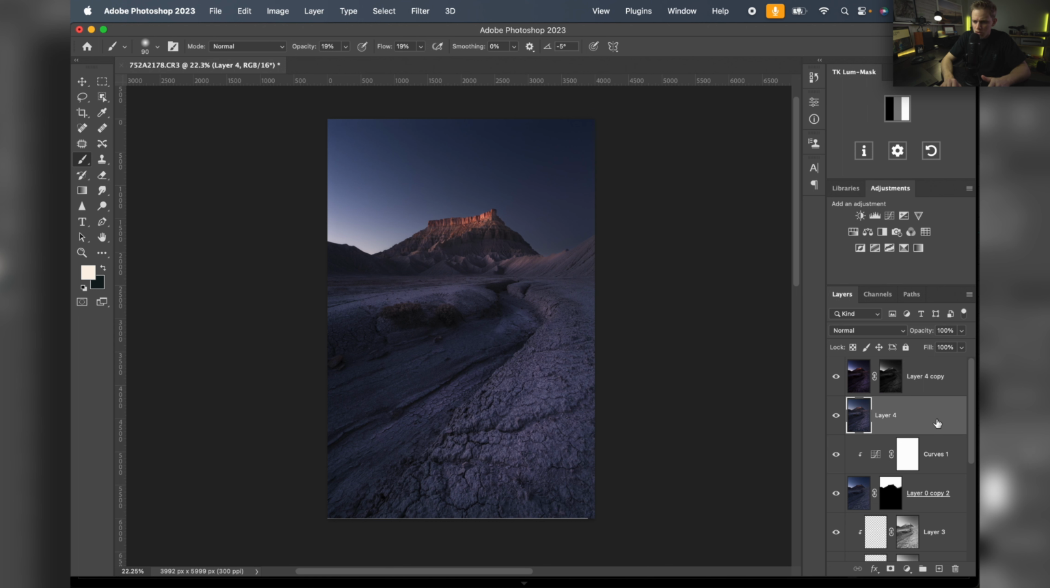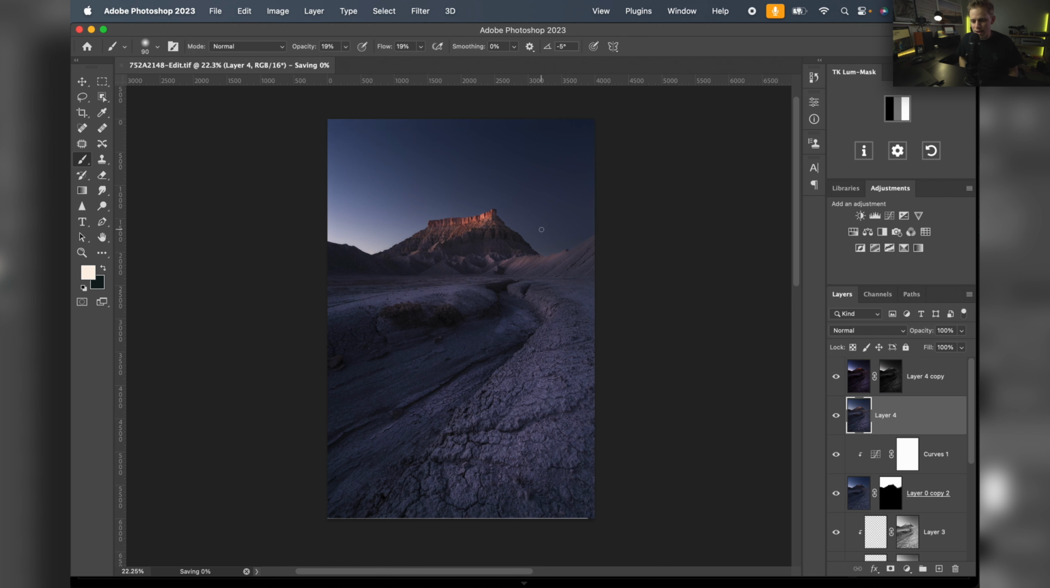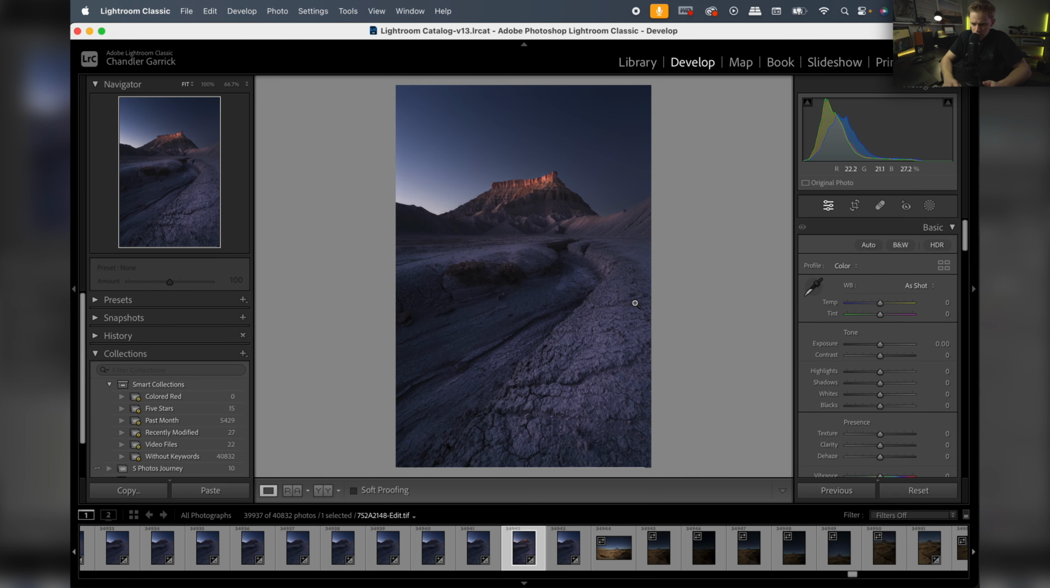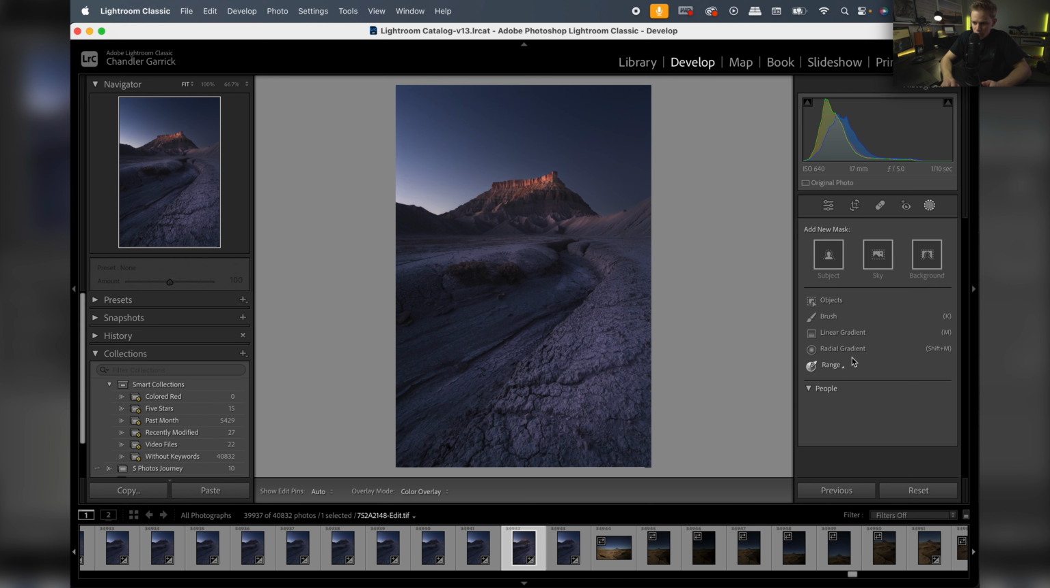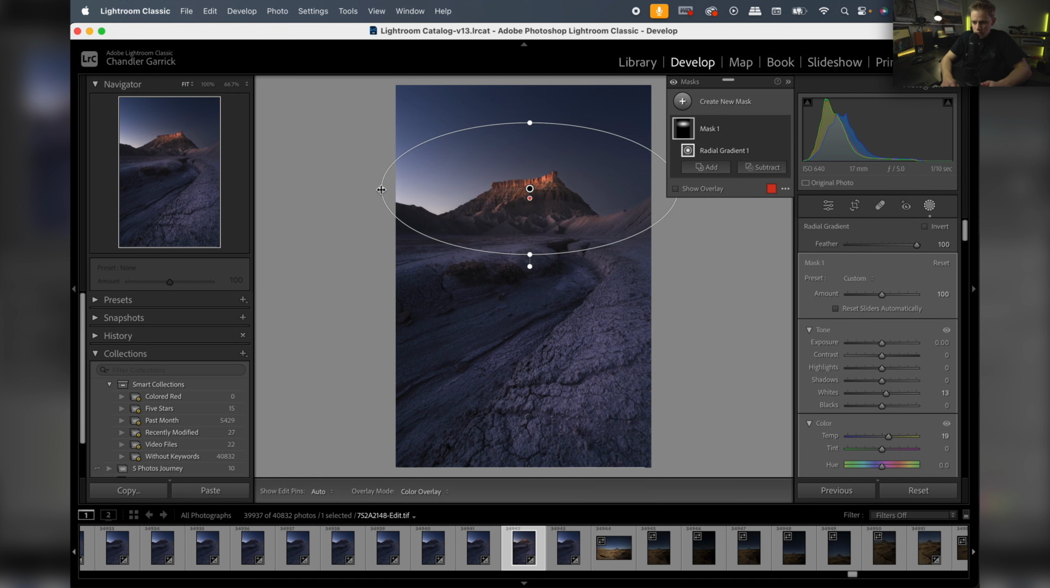Something feels a little off about it, so we're going to bring it back into Lightroom. I'm going to hit Command W, and we're going to hit Save. And this is just going to pop it right back into Lightroom. Okay, so there we have our image there. I am going to do another radial gradient, and I'm going to bring it up here to this butte. Make sure my feather is pushed in, and